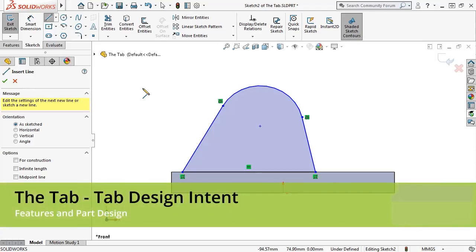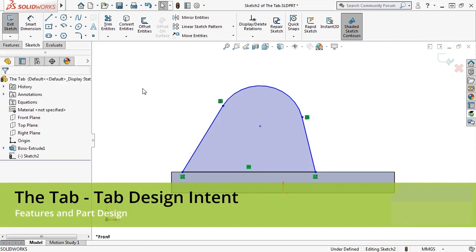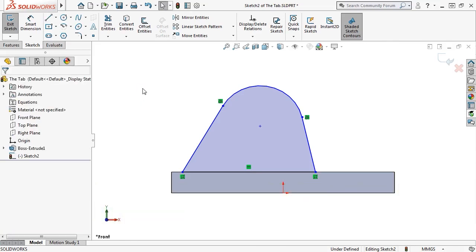For the extrude feature, we'll want this to be a closed profile. I'll press the Escape key to get back to the selection arrow, and you can see the green flags which identify the automatic relations that were added as we sketched. In case you don't see the tangent relations or these coincident relations, keep in mind you can add these manually